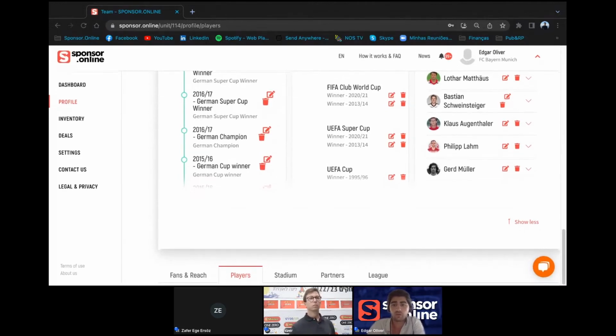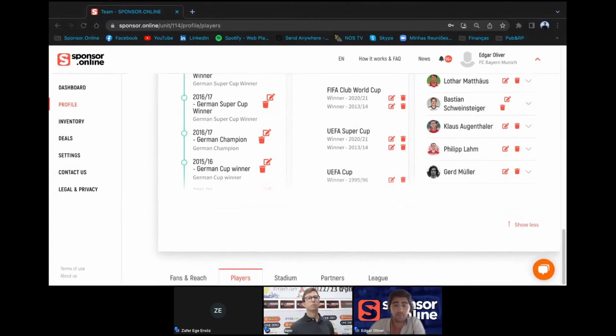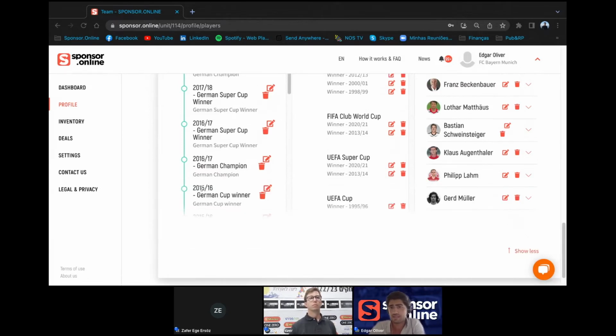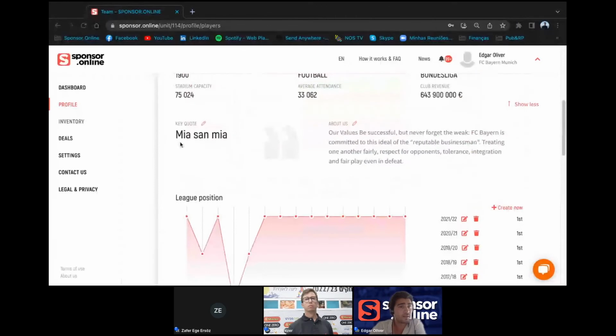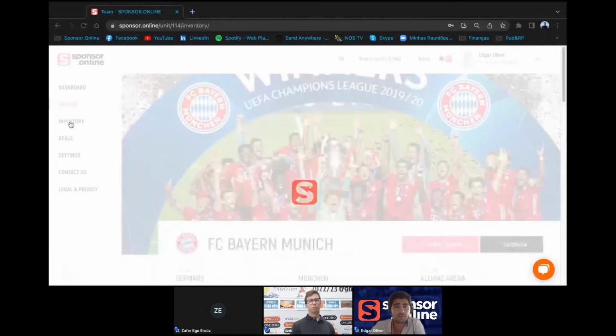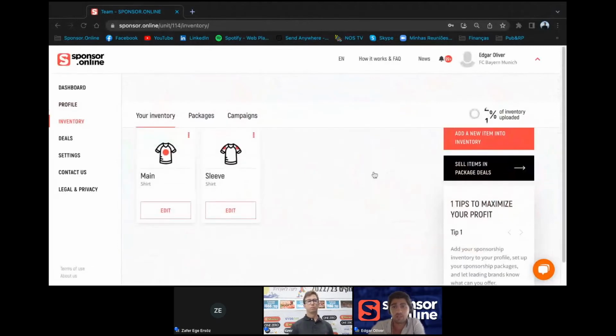You can also see the actual partners of the club and a comparison tool between the numbers of the club and the numbers of the rest of the clubs that play in the same league. So this is the profile. I will now show you the inventory part. So all the platform is very easy to work with. Everything is very straightforward.